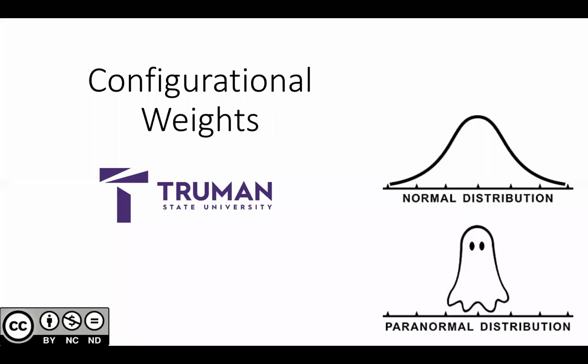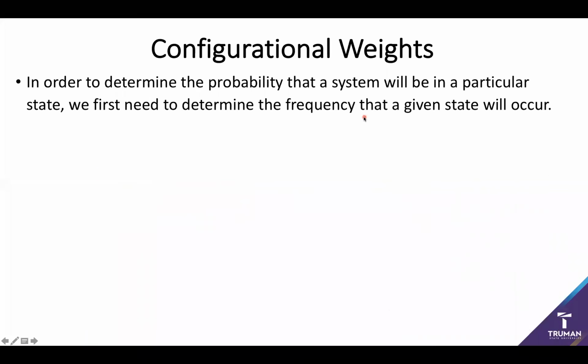Hello, everybody. So last time we brought up the idea that all molecules have an associated electronic energy. Now, one of the questions is how likely is it going to be to find a system in a given configuration with a given set of electronic energies? So in order to try and determine this, what we're going to try and do is figure out how frequently would I expect a molecular system to occur in a given state.